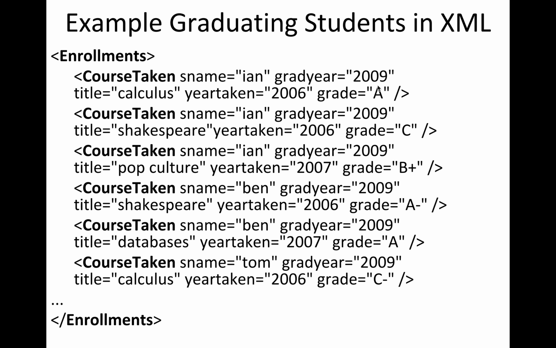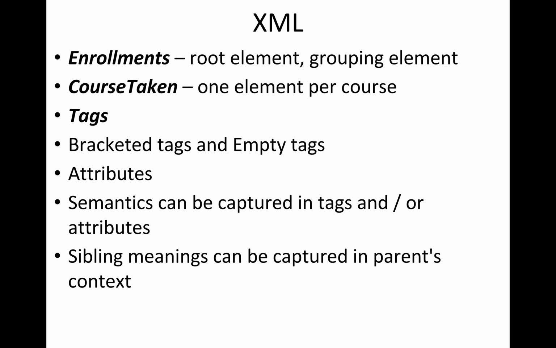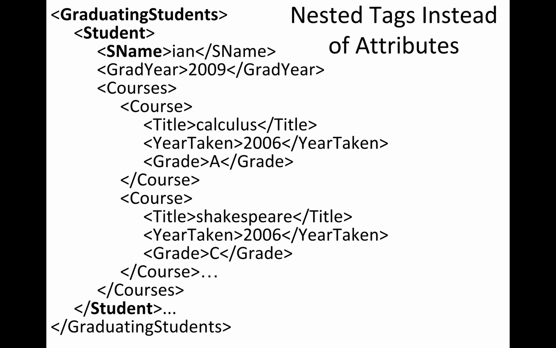Imagine that I changed this. Notice the graduation year is being captured three times over here for presumably the same user, Ian. What if I somehow inadvertently change this one element, make a mistake and change it to 2010, but don't update the other ones? That would introduce inconsistency in the data. So the same things apply here. We're still trying to eliminate, reduce or avoid the use of redundancy. So we might choose a more normalized representation where we have students represented only once, and here's the name, the graduation year, again only once, and then the courses.